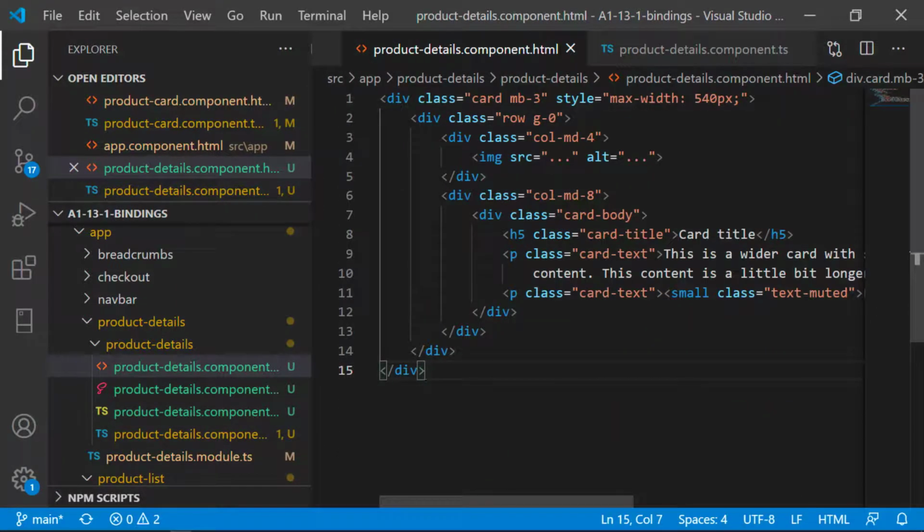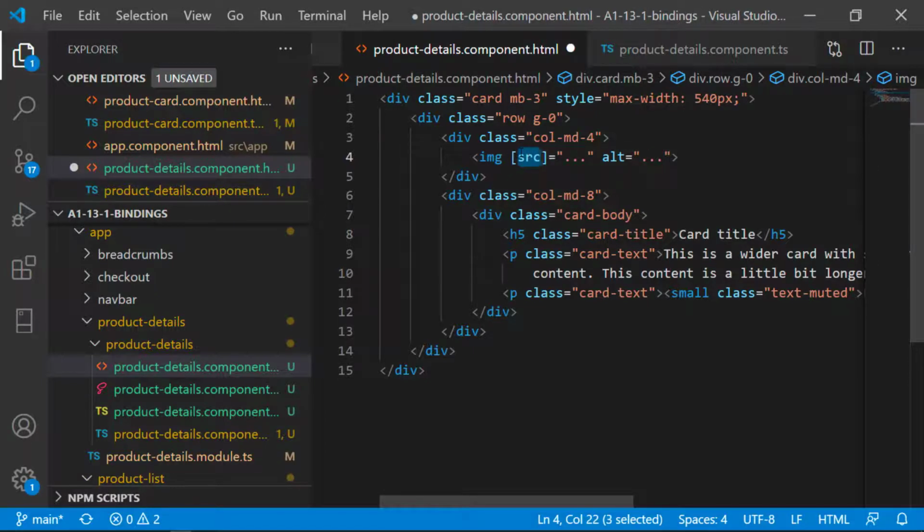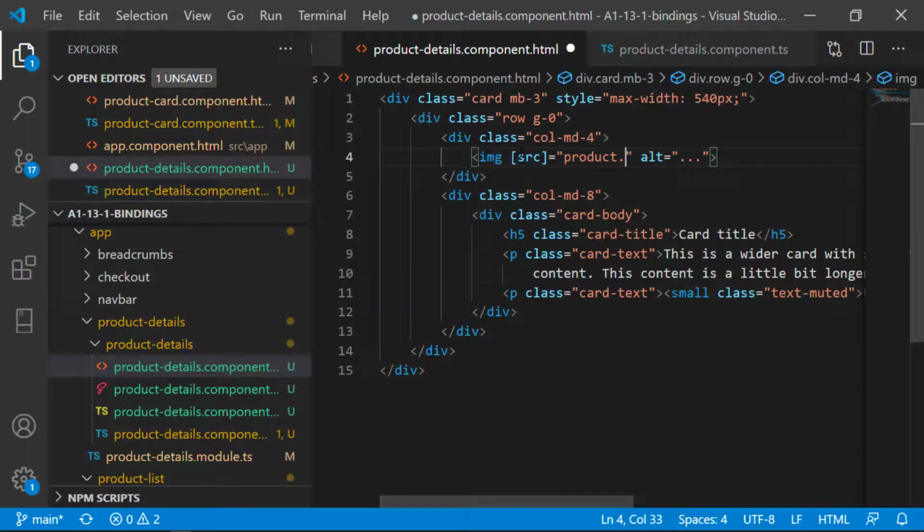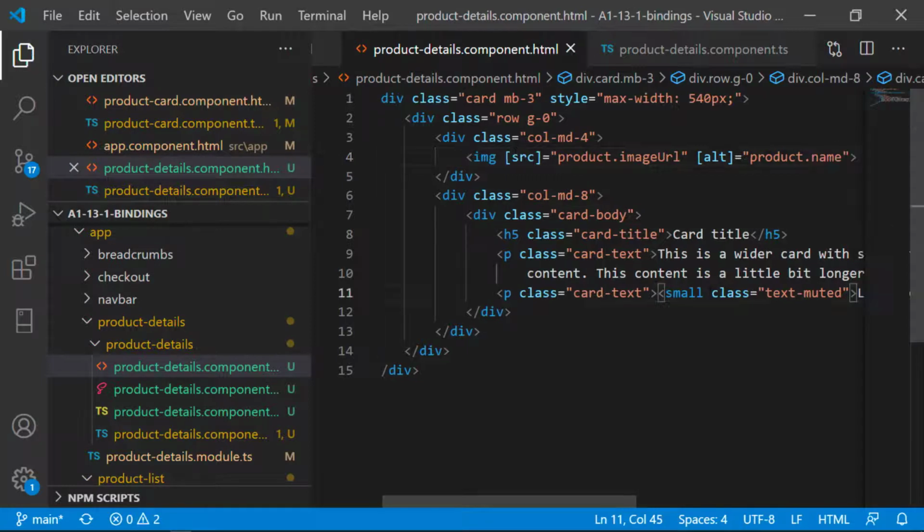The image will be wrapped with square brackets because we are going to do property binding. And we will assign product.imageUrl and the alt will be product.title.